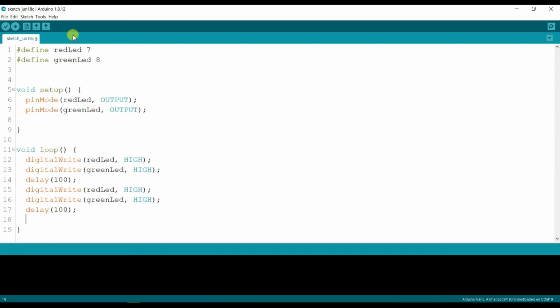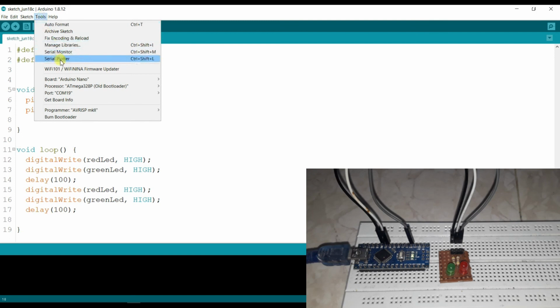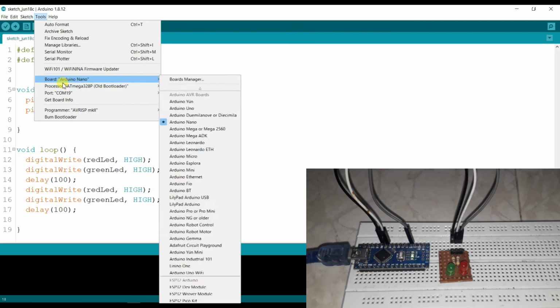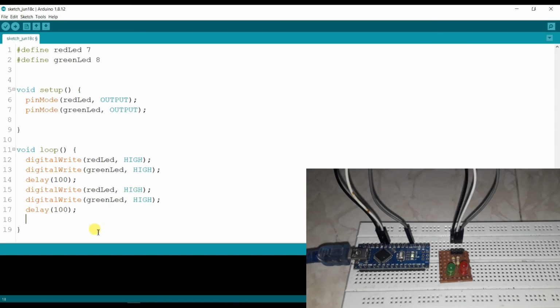Here I will check the board: Arduino Nano, ATmega328P old bootloader, COM port 9. Now I will upload.